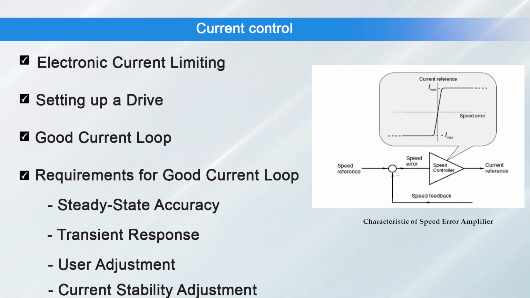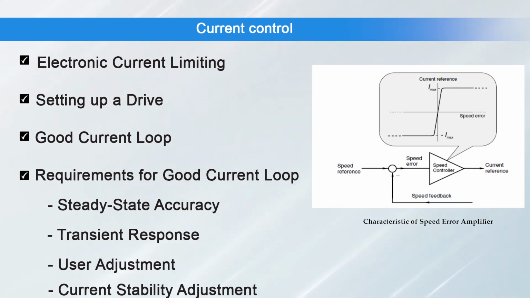The first thing we should aim at, when we are setting up a drive, is a good current loop. In this context, the word good means that the steady state motor current should correspond exactly with the current reference, and the transient response to step changes in the current reference should be fast and well damped. The first of these requirements is satisfied by the integral term in the current error amplifier, while the second is obtained by judicious choice of the amplifier proportional gain and time constant. As far as the user is concerned, the current stability adjustment is provided to allow them to optimize the transient response